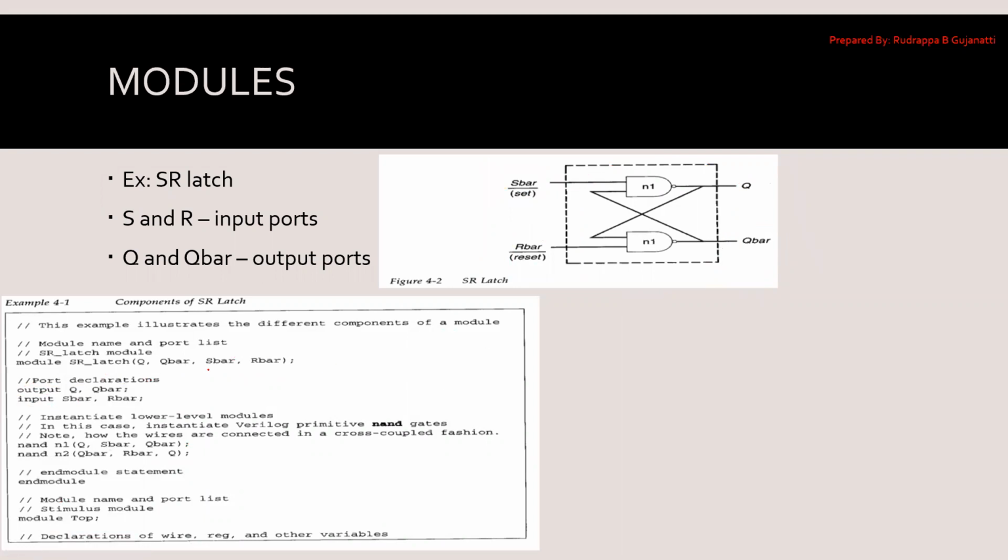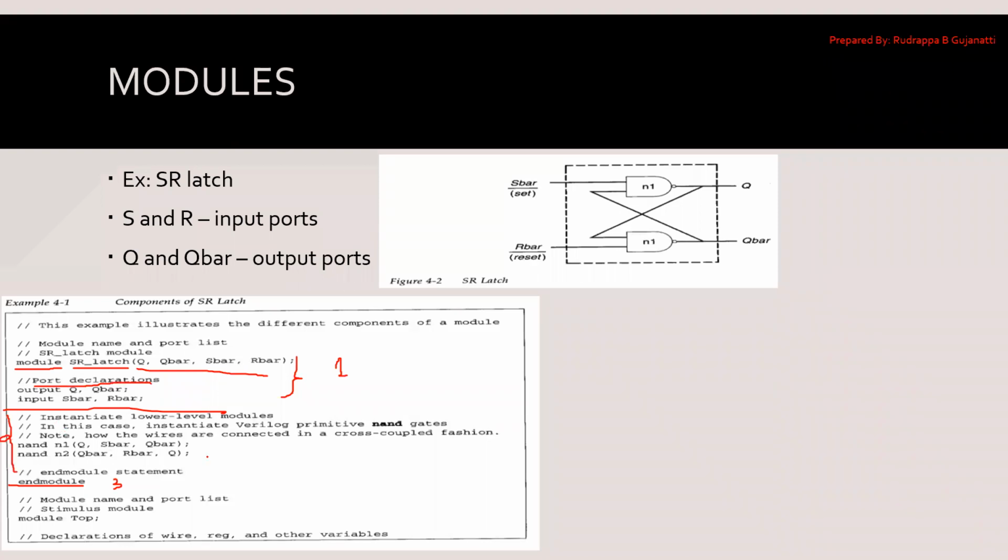So this is the first part. If you just see module, module name, port list, port declaration, that is the first part what we had seen. And in the last part, it is nothing but the end module statement. So that is the third part what we had seen. In between these things, we have the rest of the stuff.